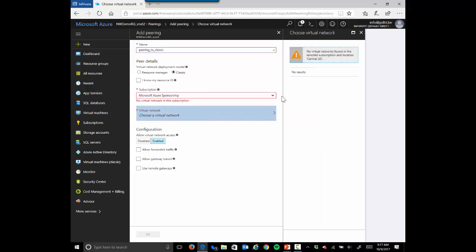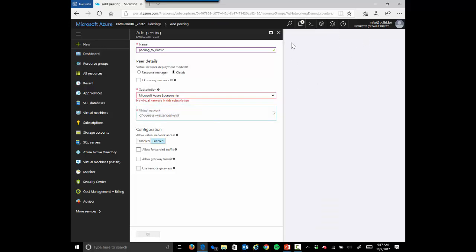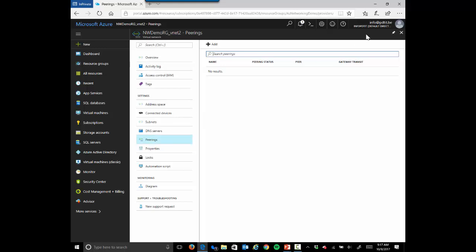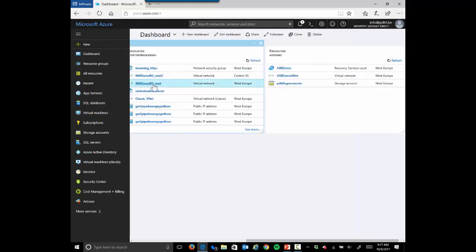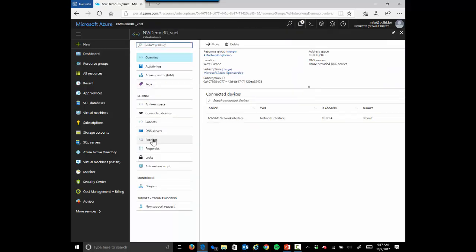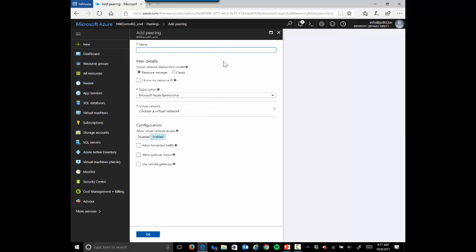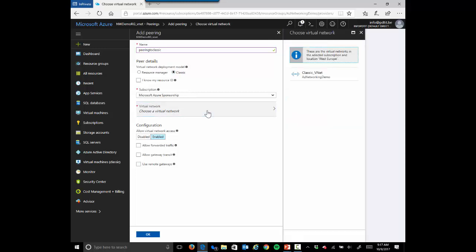It doesn't really like it here, but imagine you have, let me go back to my other VNets. This one is actually pointing to another region, that's why it's giving some struggles. Peering to Classic. Now again, it's not just for Classic, but just a typical enterprise use case where down